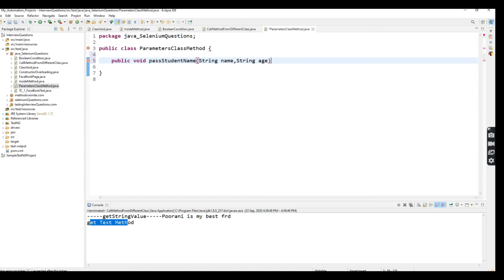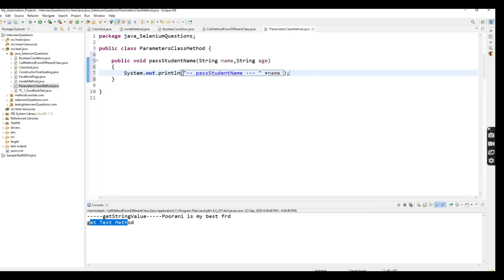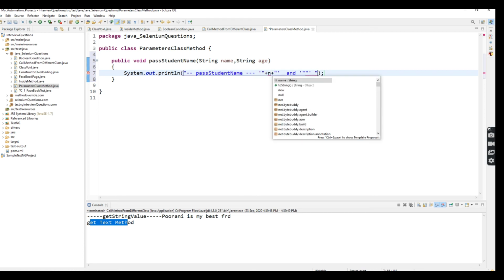So these are the two parameters I'm passing, pass student name. Okay, so here I'm going to print these two parameters, name and age.